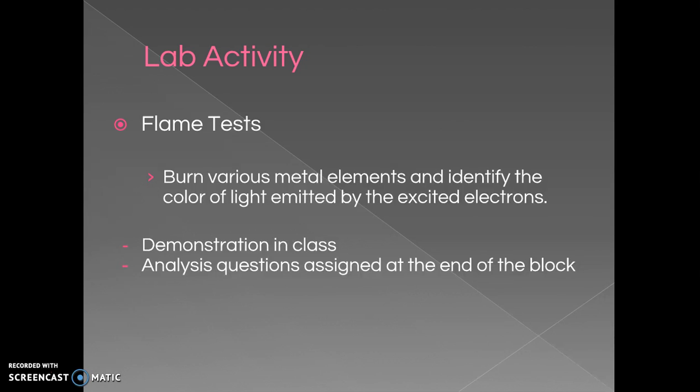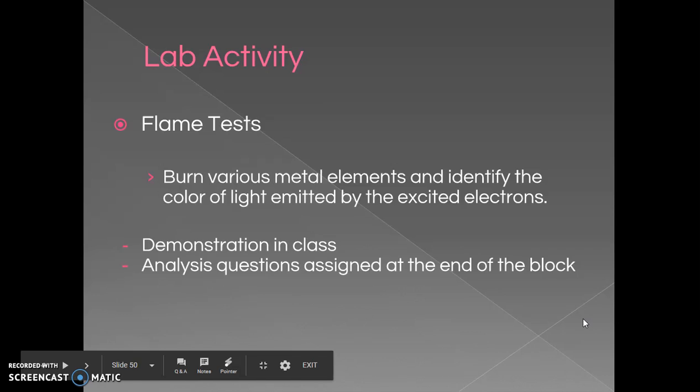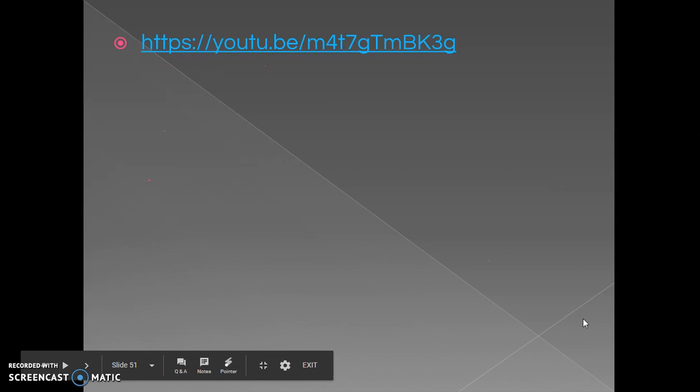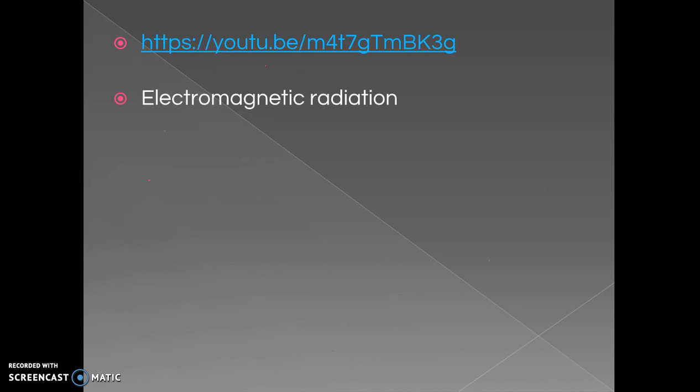So we're going to do this activity in class. We're going to do a flame test where we're going to burn various metal elements and identify the colors emitted. So I'm just going to skip this slide and the next slide, which we are going to watch this video clip together. So a little bit that I need to tell you though, before we do the lab in class,